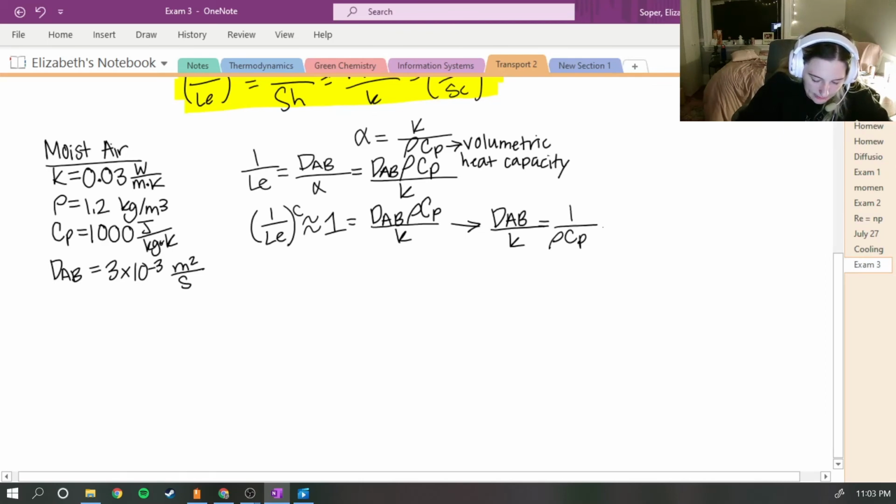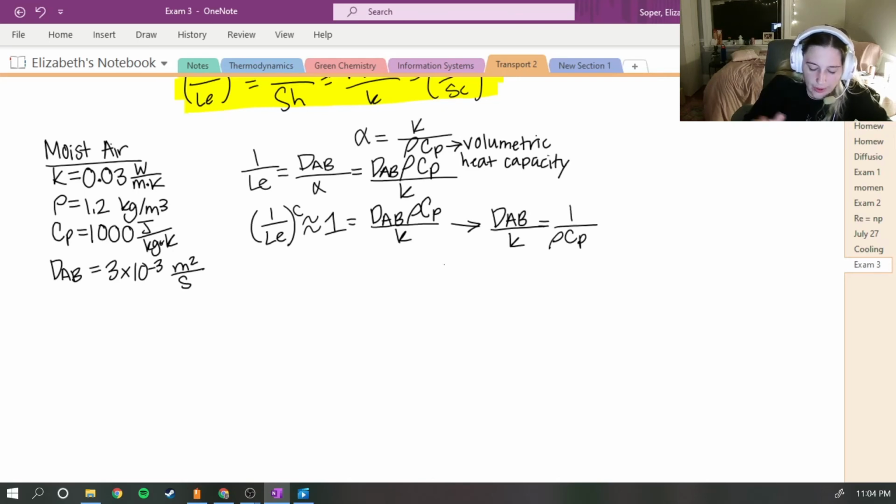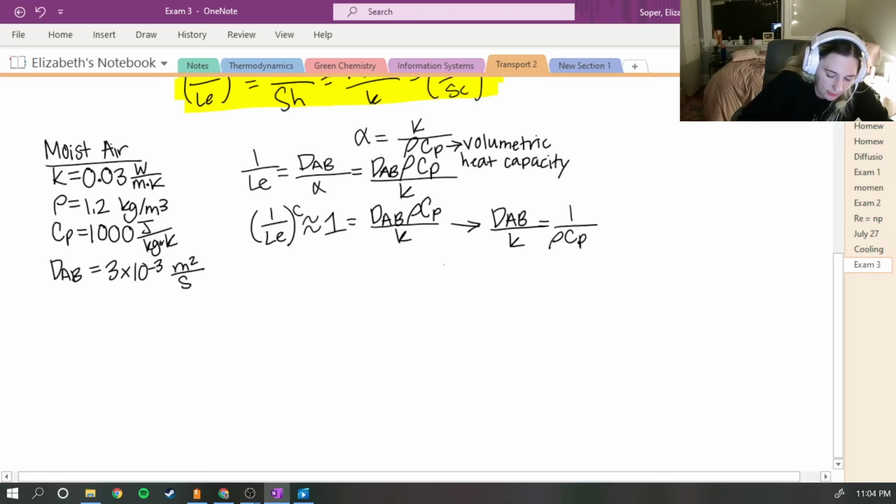So that way we'll be able to look at the relationship between the Nusselt and Sherwood number and isolate the heat transfer coefficient and the mass transfer coefficient, and show how that relates to the volumetric heat capacity. So let me go ahead and write out the Nusselt and Sherwood relationship that we found in part 1. So that's going to be equal to,